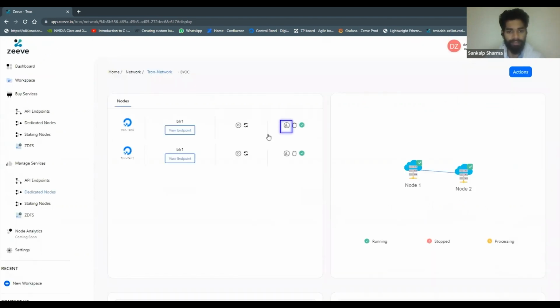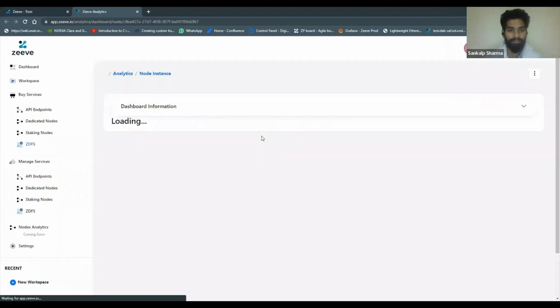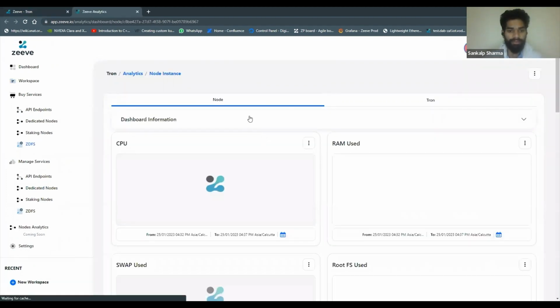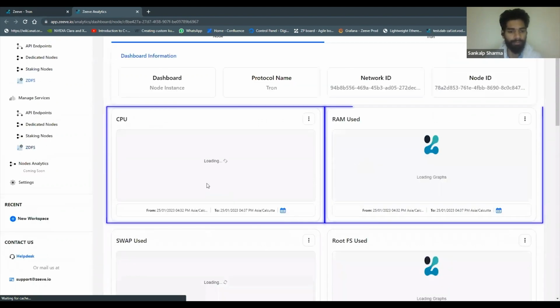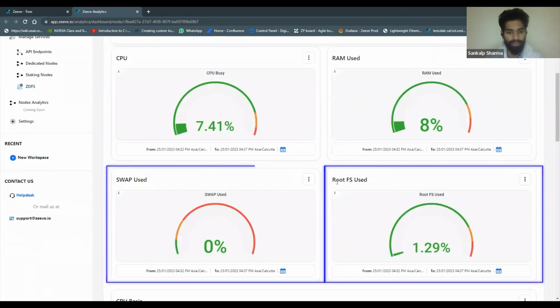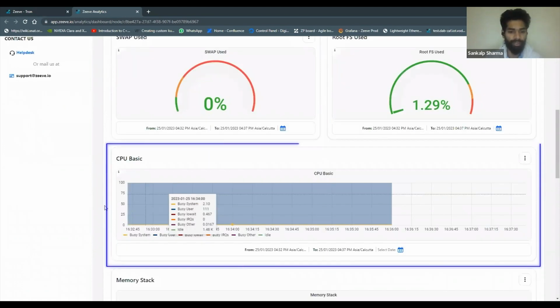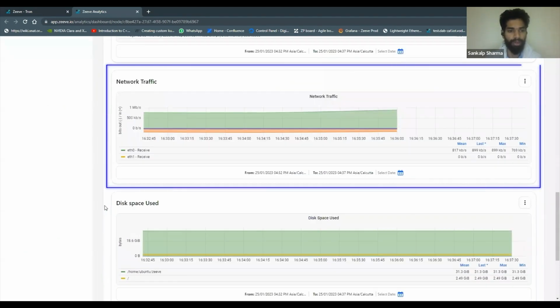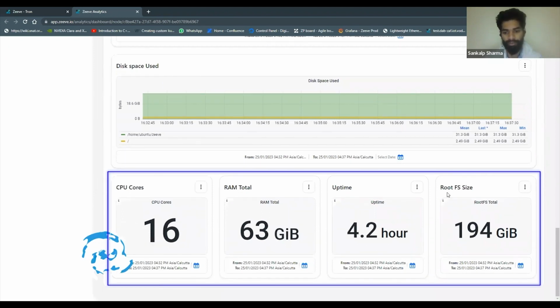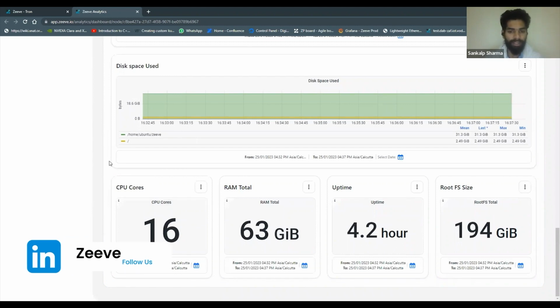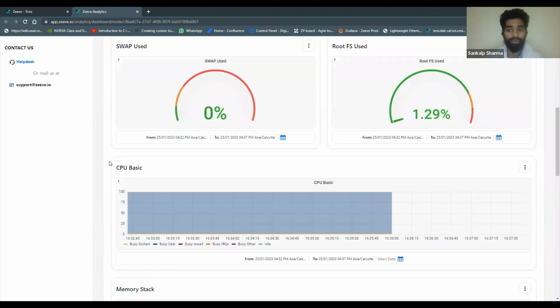If I click on analytics, I can see that TRON has 2 options, node and TRON-specific analytics. I'm going to select node here first. And you see that Zeeve will pop up all these graphs which allow me to monitor my system-level resources for my node as well. CPU, RAM, swap used, rootfs used, historical graph for CPU again, memory stack, network IO, disk space, CPUs, RAM, uptime, as well as rootfs. Zeeve captures all of these details, and on top of this, it's also able to provide